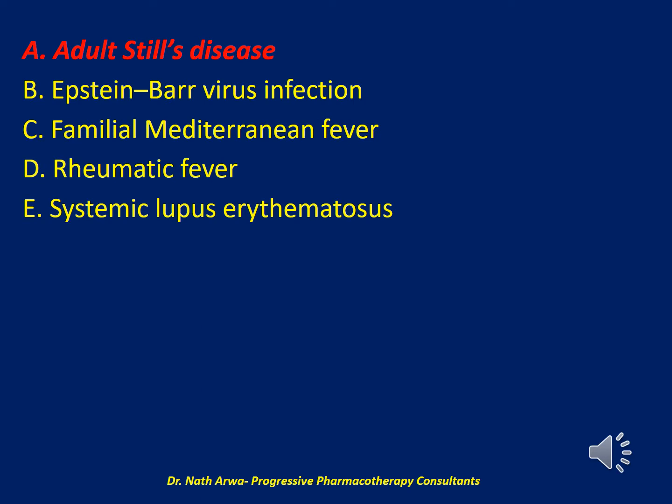And the correct answer is A. Adult Still's disease. I will clarify why. There is no definitive laboratory test for adult Still's disease, but it is the most common rheumatologic cause of fever of unknown origin. The diagnosis is largely clinical, and includes criteria such as the characteristic evanescent salmon pink rash, fevers